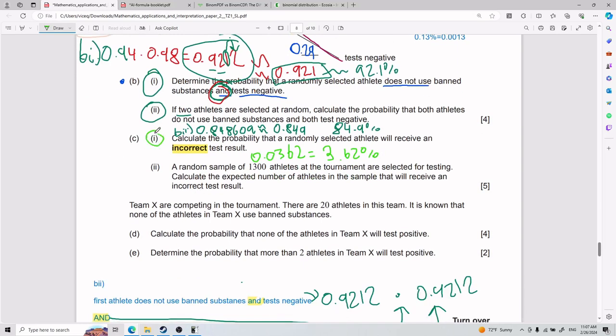Then for part C-II, we have that a random sample of 1,300 athletes at the tournament are selected for testing. Calculate the expected number of athletes in the sample that will receive an incorrect test result. Now, probability is not hard in terms of math, you're just adding and multiplying, but it's very hard to understand why you're doing what you're doing. Okay. And so an expected number, el número esperado de algo, ¿cierto? So the expected number is sort of like,